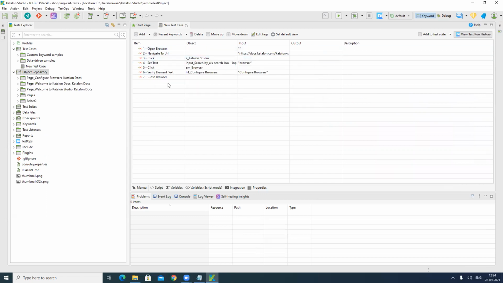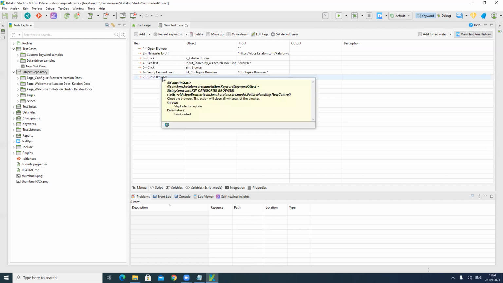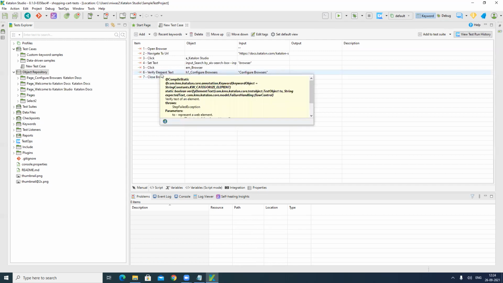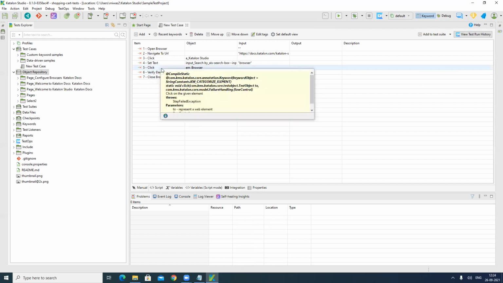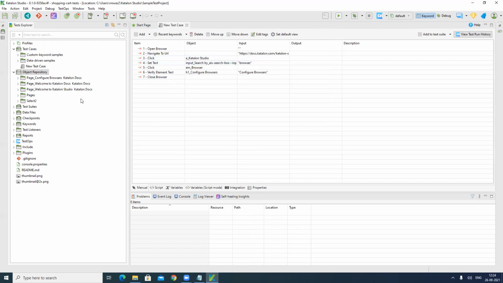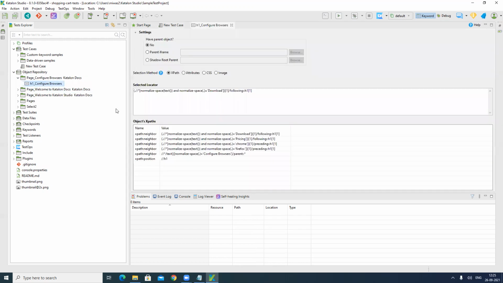So this way we can record our script in a very fast way. As a beginner, you need to know which actions you need to write for which web element action, right? So our script is ready and you can see the object repository. It automatically created folders page wise for you, like configure page, welcome page, right? And if you go to the object, this is an object.